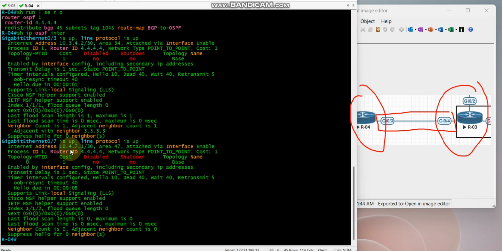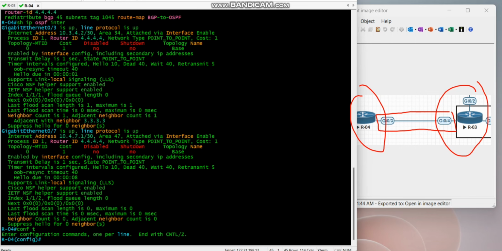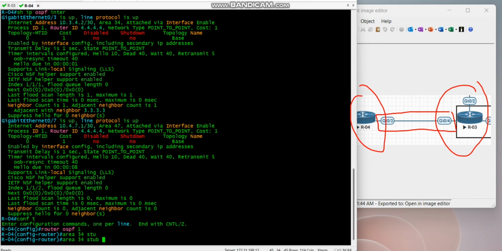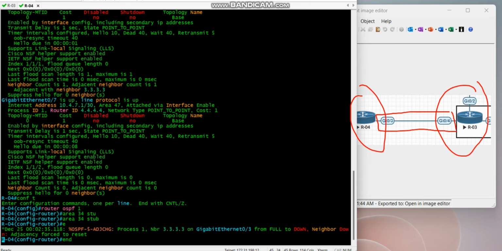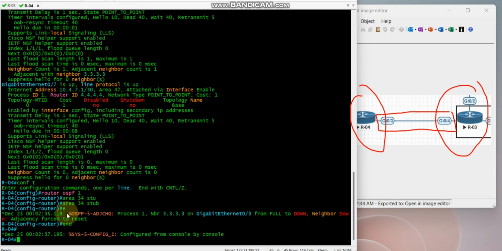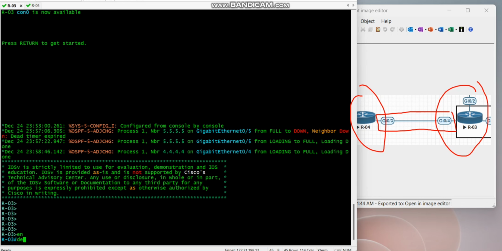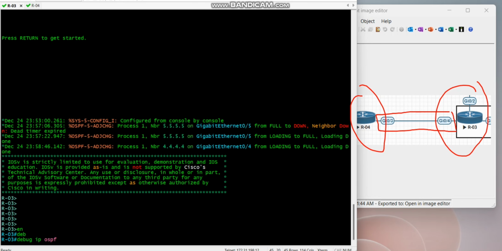Now let's make area 34, because R3 is connected via area 34. Let's make area 34 a stub area. So router OSPF 1, area 34 stub. As soon as I configure this, you'll see the adjacency goes down, but it's not coming back up. Let's enable debug on this side,